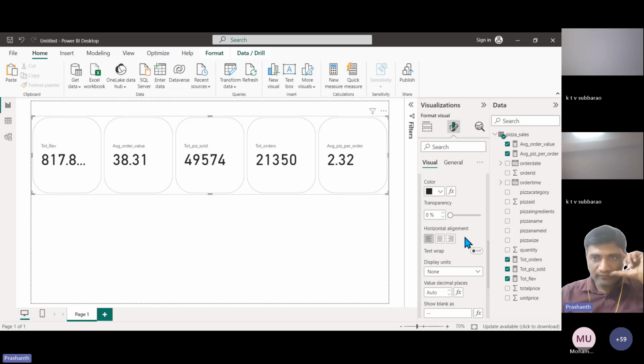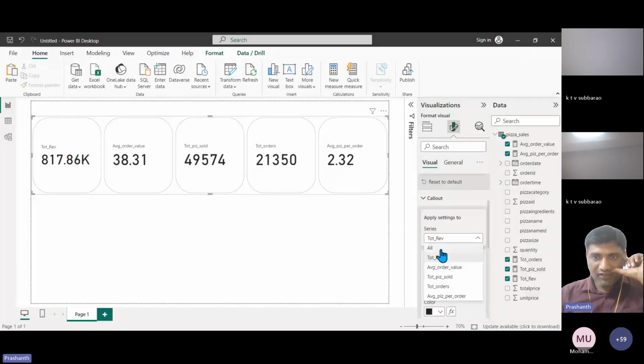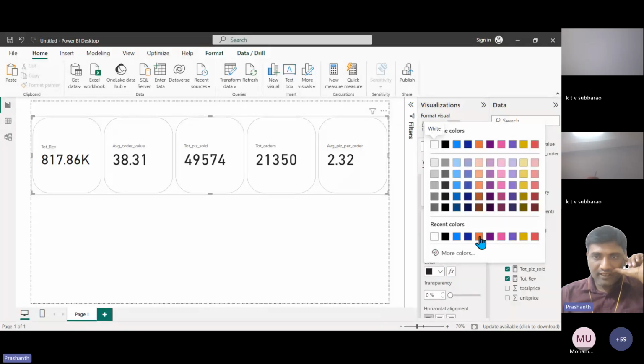For total revenue, the display units should be none. It is big enough, so I go with thousands. It is big enough again. I go with auto. No. So just reduce the size. Okay, so this is what callout values are, and this is done. And then we'll have some formatting. Callout values for all, let them appear in purple color,